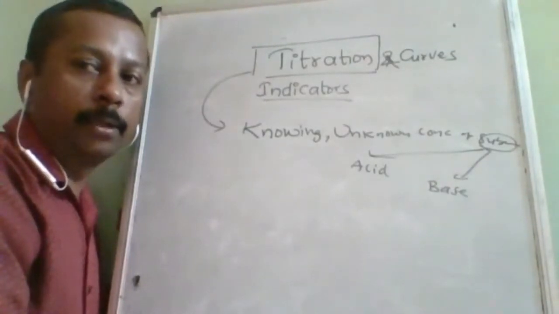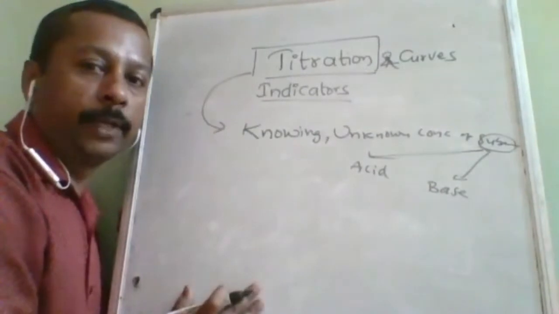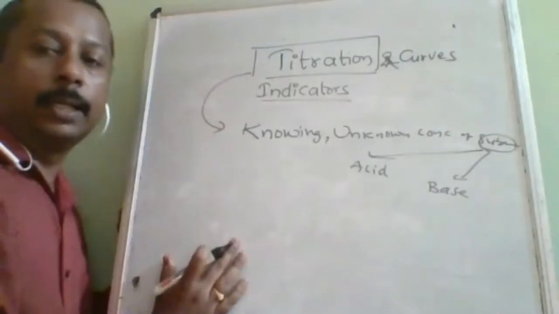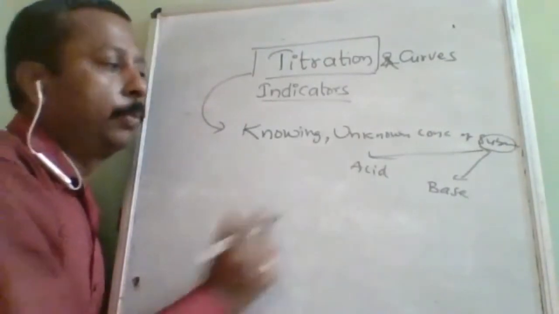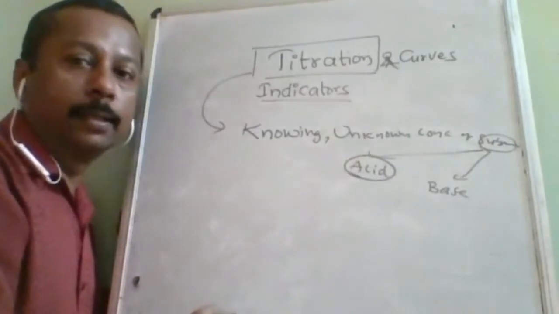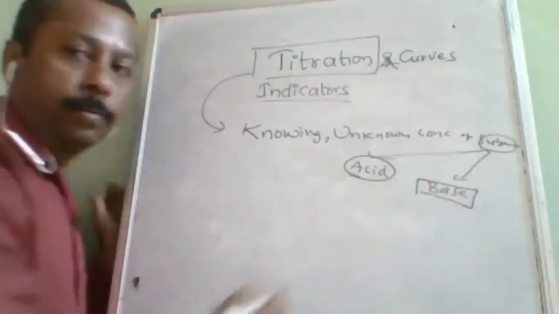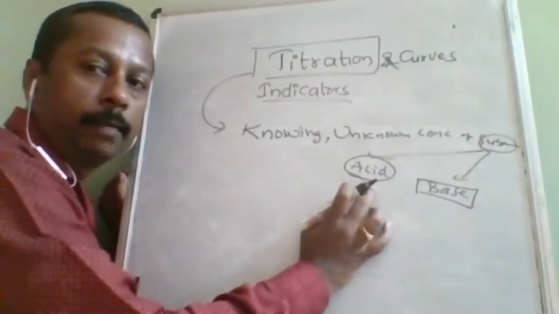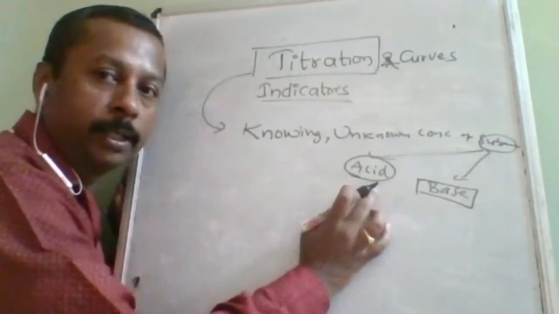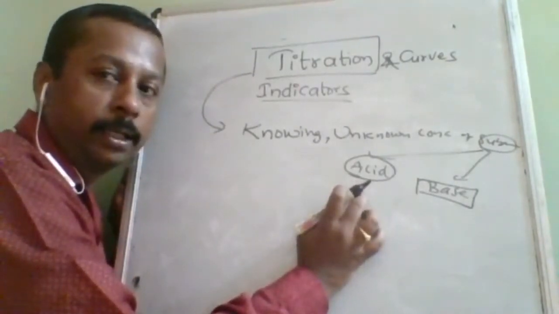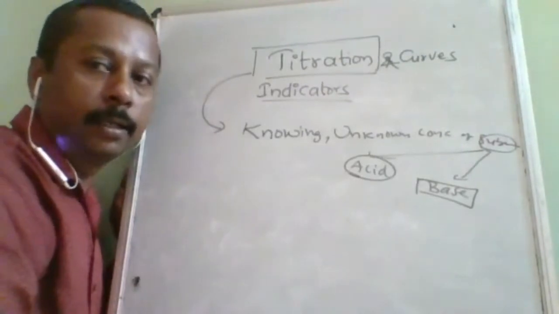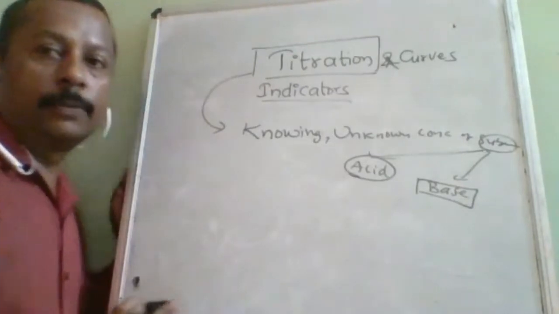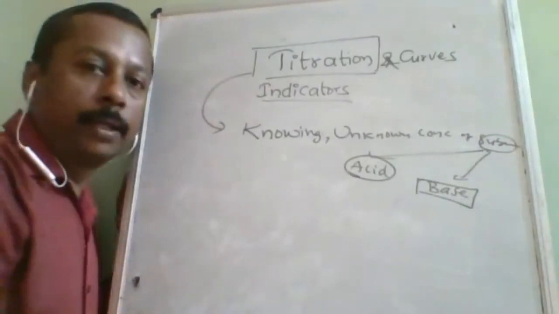The purpose is the same in all: to find out the unknown concentration of the substance, but the selection should be in our hand. Suppose we don't know the concentration of an acid, then obviously we will use a base. If we don't know the concentration of a base, we will use an acid. Likewise, if we don't know the concentration of a reducing agent, we will use an oxidizing agent, and if we don't know the concentration of an oxidizing agent, we will use a reducing agent. Depending on what type of substance we have, we will use one of the titrations.